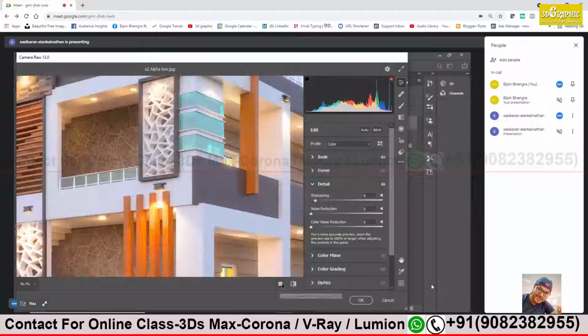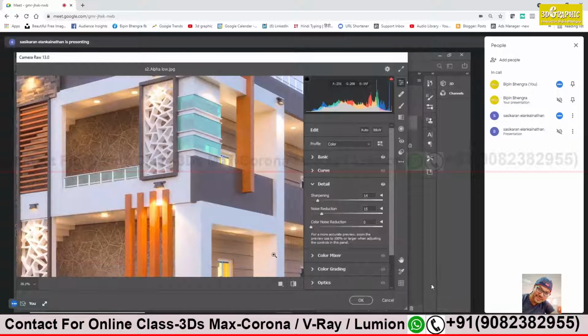You can reduce the sharpening and increase the sharpening. You see the textures will get sharper edges. Noise reduction will help with both. It will reduce the noise and increase the texture detailing. Just use 10%, 15%, not more than that. All right, that's all.